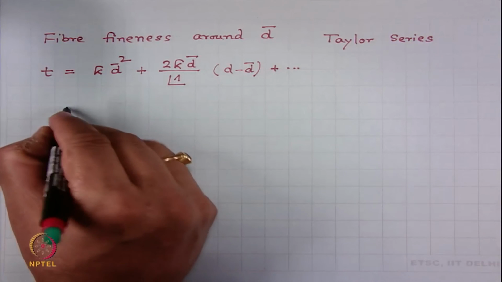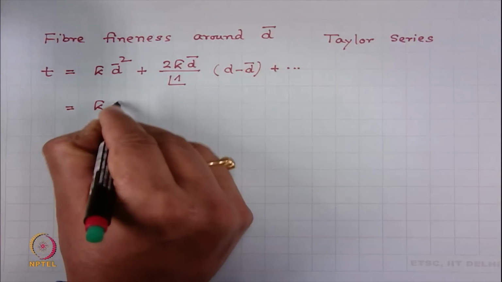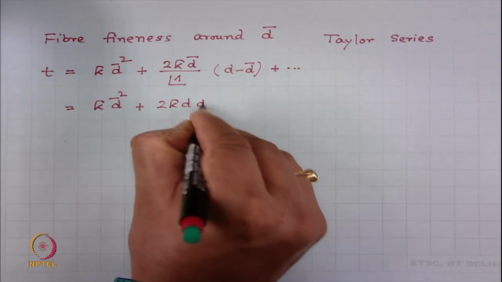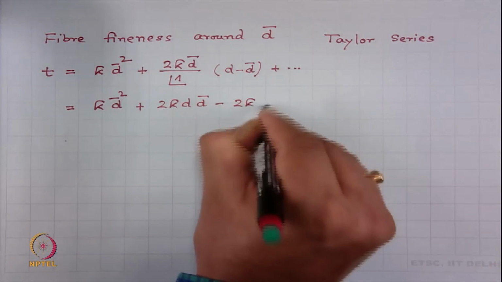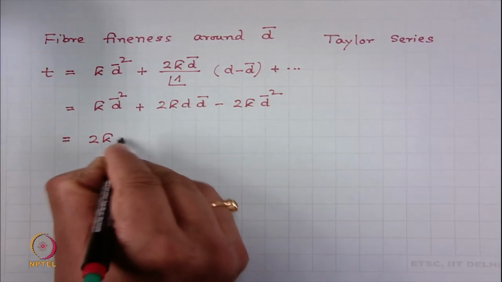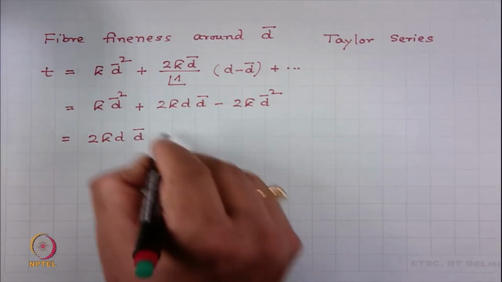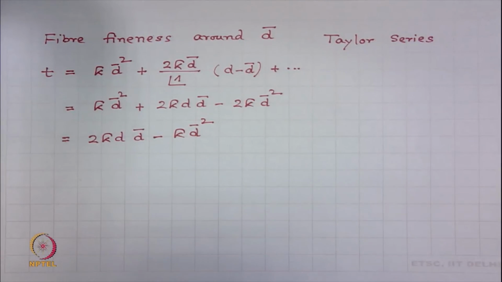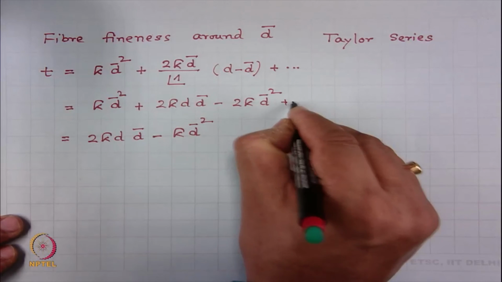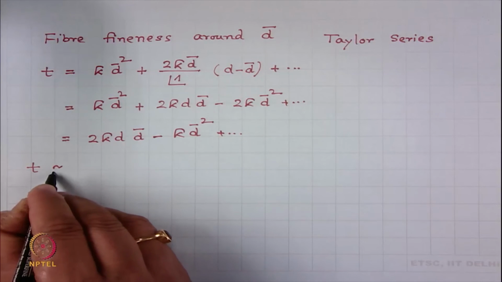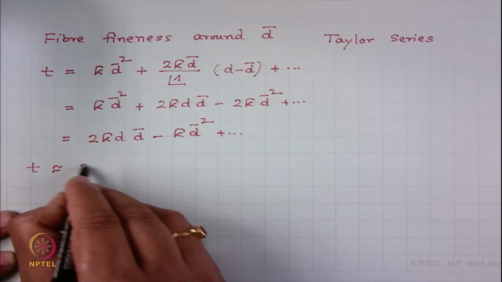So, what do we obtain? k times d bar square plus 2 k d bar into d minus d bar, that is equal to 2 k d d bar minus k d bar square, right. Approximately we can write, taking the first two terms of Taylor series,